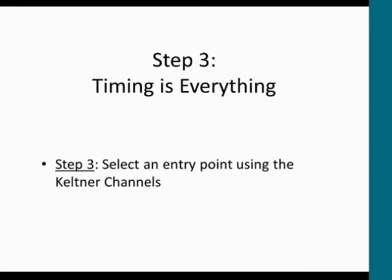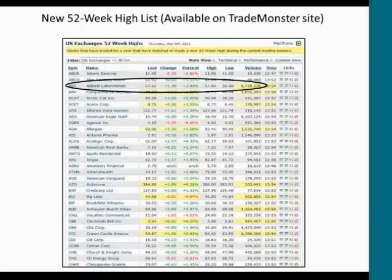Chuck, do you view the list on a weekly basis? Do you have a certain day that you like? Is it just kind of random? How does that work for you? Yeah, that's a good question. I usually check this almost every trading day, Tom, and